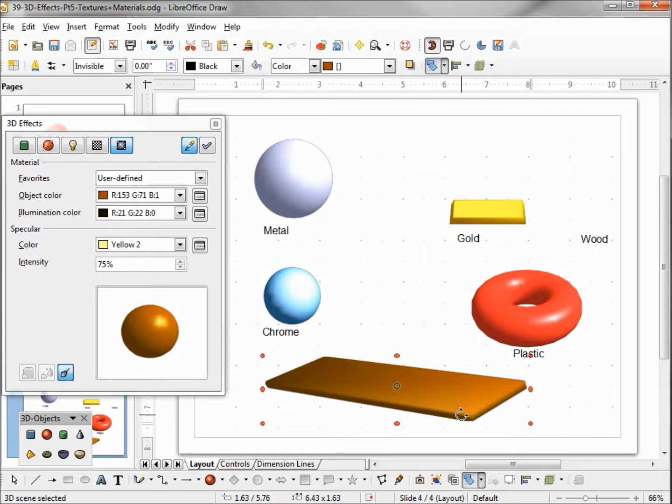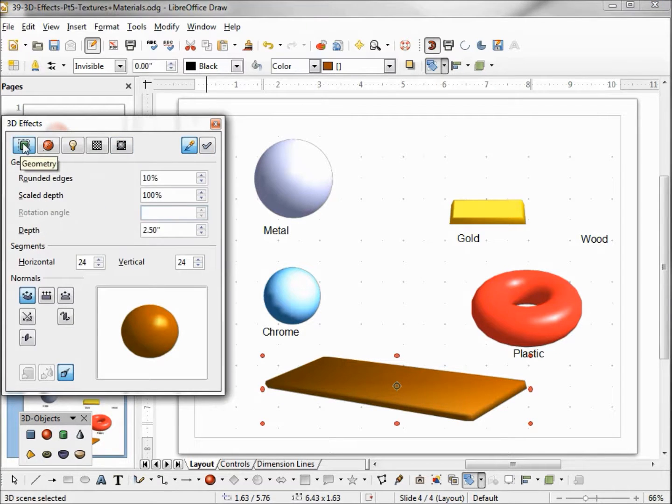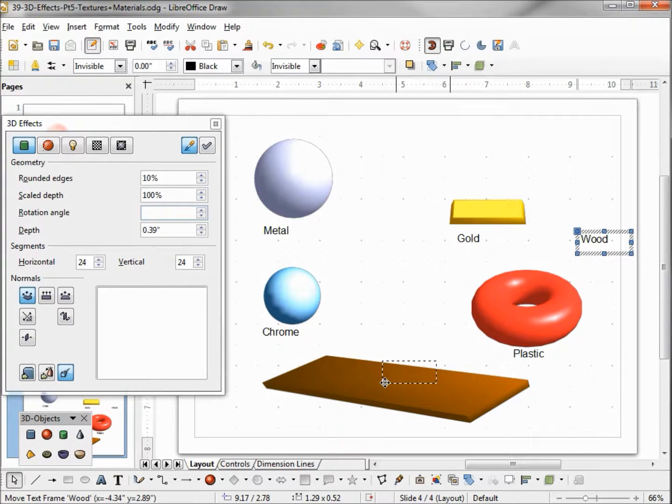And if I want to sharpen up those corners, I'll come back to our geometry tab. And instead of having rounded edges at 10%, I'll make them 0. So that sharpens up those corners. And that is wood.